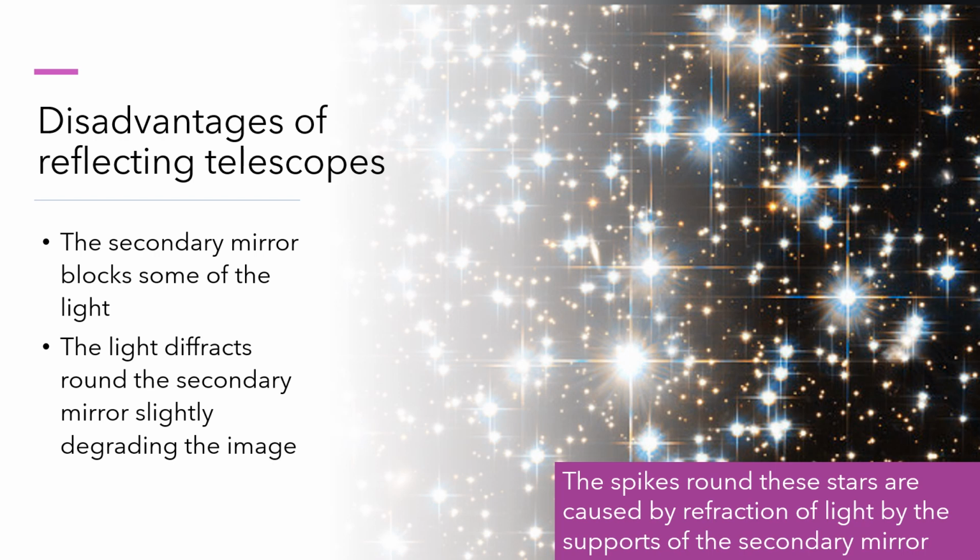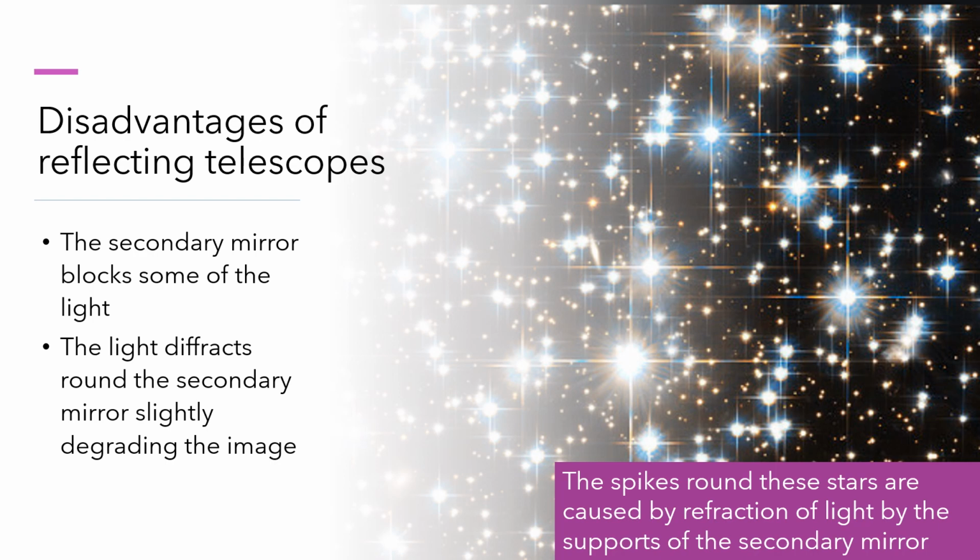Other disadvantages, of course, that secondary mirror is clearly blocking off some of the light. Any light that hits the back of the secondary mirror isn't getting to the main mirror, and we're not going to see it. And we also get diffraction around that secondary mirror, and that causes some degradation of the image. As I understand it, it's primarily a loss of contrast. You can see there are big spikes around the stars in this image, and actually that's caused by the metal supports, the rigid supports coming out and holding the secondary mirror, and they're causing diffraction as well,